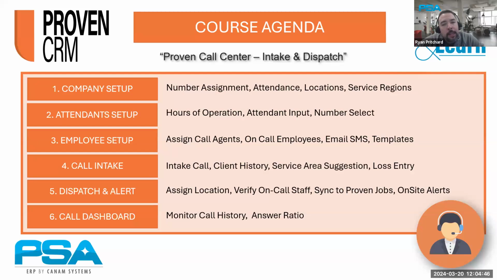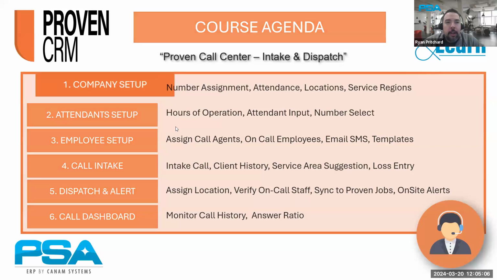It allows us to take a look at things like our answer ratio and job conversion ratio, as well as being able to monitor all call recordings in the system so that we can go back and, for quality assurance purposes, go through and see how those conversations transpired. So without further ado, let's get started on the